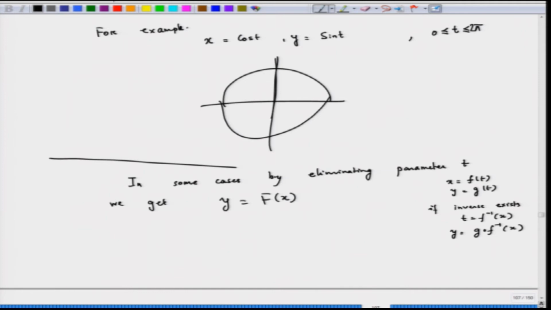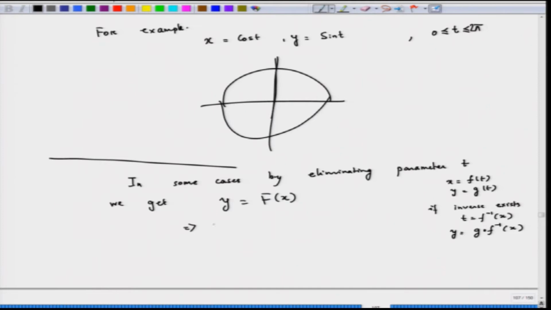In particular, you know that if f prime is not equal to 0, then you can show that this is 1-1, and if f prime is also a continuous function, you can show that f inverse is going to exist. So some condition on this f can always land us into this situation where we can write y equal to F of x. So let us try to see, in this situation, what we are going to get as the arc length of this curve.